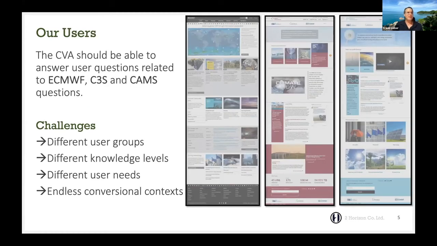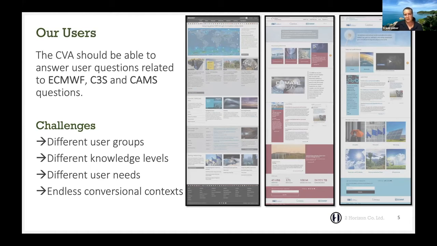So what about the users? Basically, we try to provide the services for the ECMWF, C3S, and CAMS website. And the challenge here is that the user groups differ. They have many different knowledge levels. There are also different user needs.